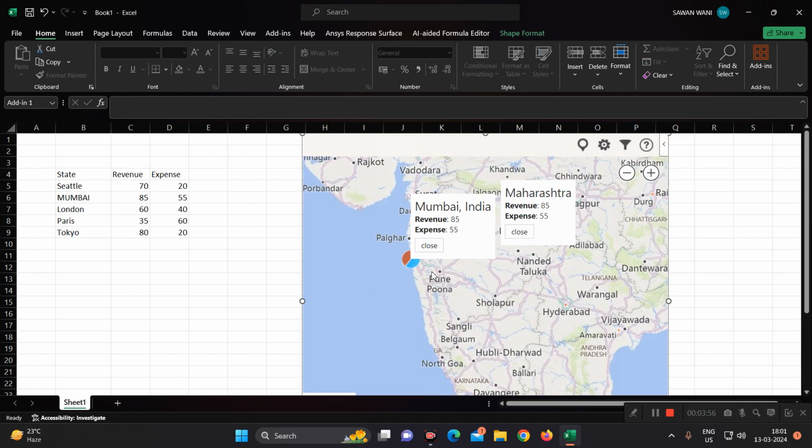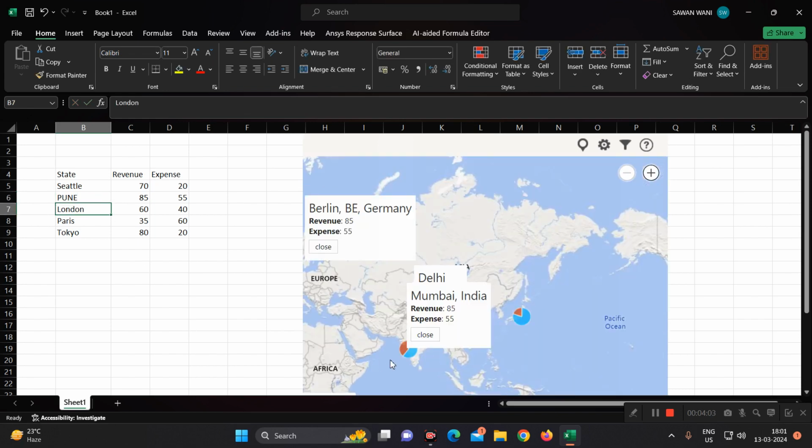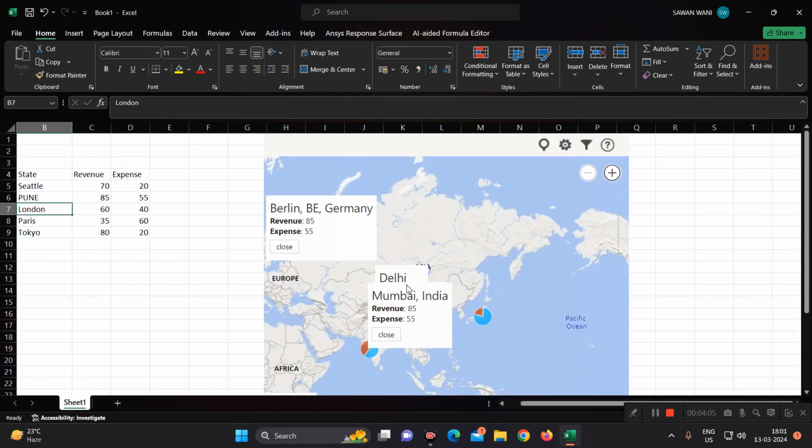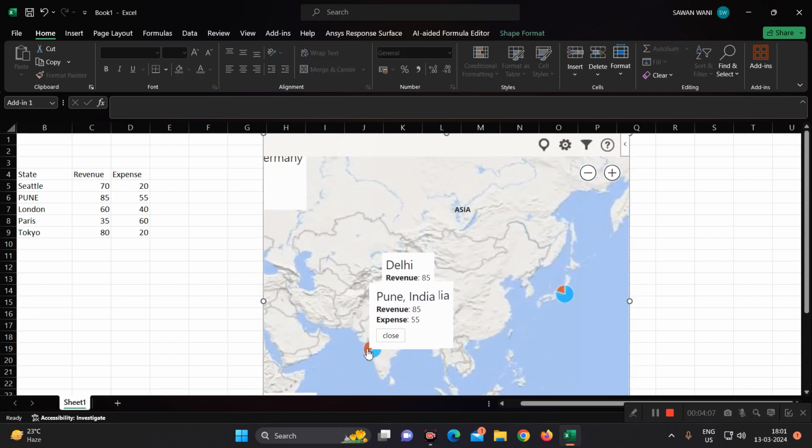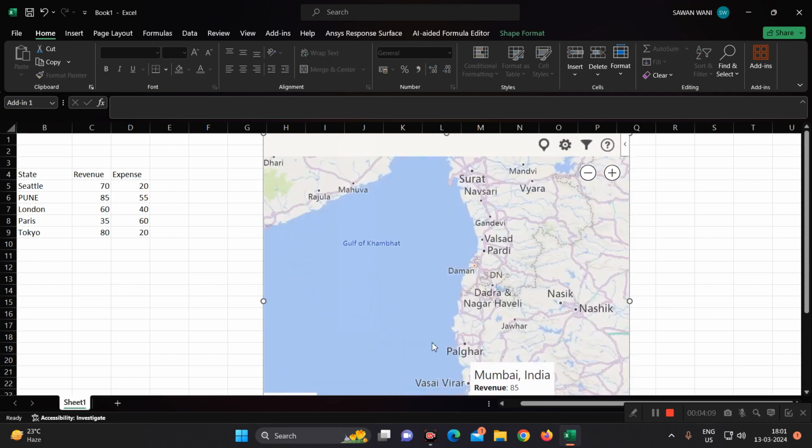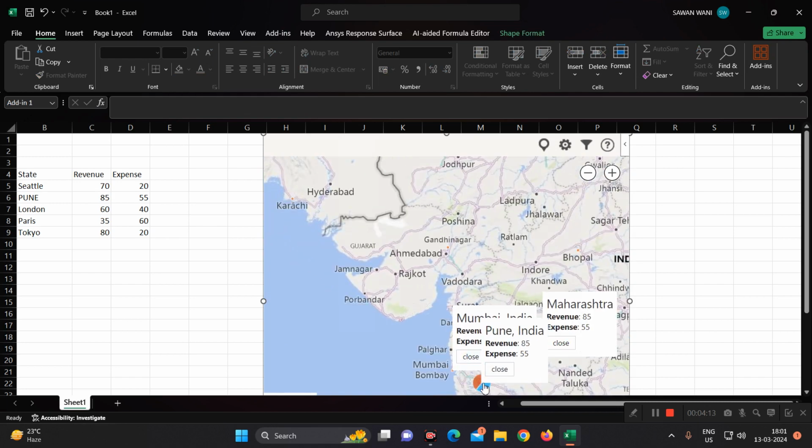So here you can see now Pune. So I will change it to Pune. Let's see, and we will zoom it, and we can find this data here exactly at the Pune location. See here. So in this way, we can use the Bing Maps AI tool for Microsoft Excel in order to